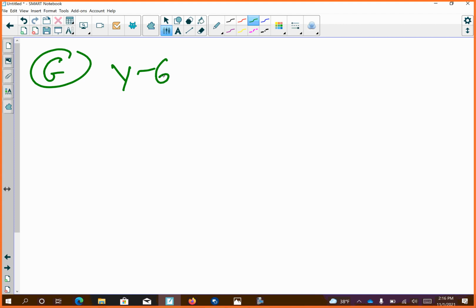Y minus 6 equals negative 2/3 x plus 5. Okay. Question 1. Are my x and my y on the same side of the equal sign? No. Question 2. Can I see the slope and the y-intercept on this problem? No. Question 3. Is there at least one set of parentheses? Yes. Okay. So if there's one set of parentheses,